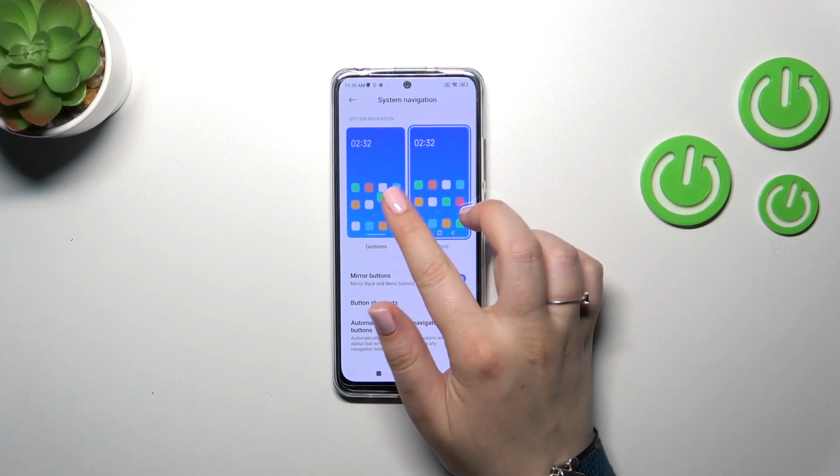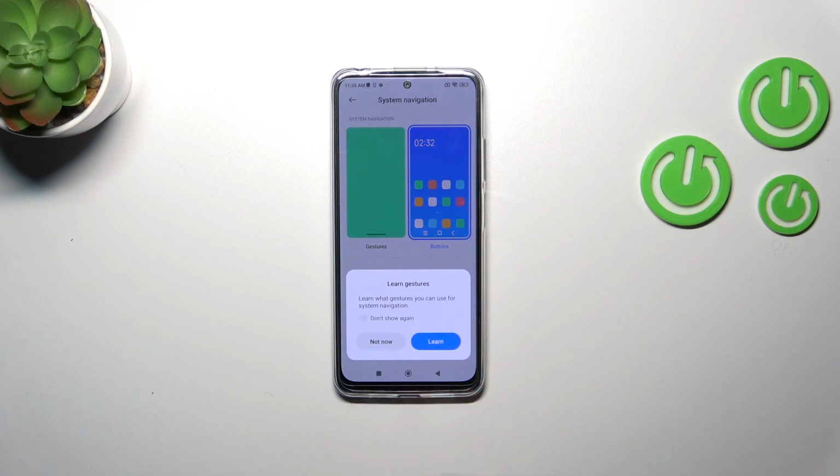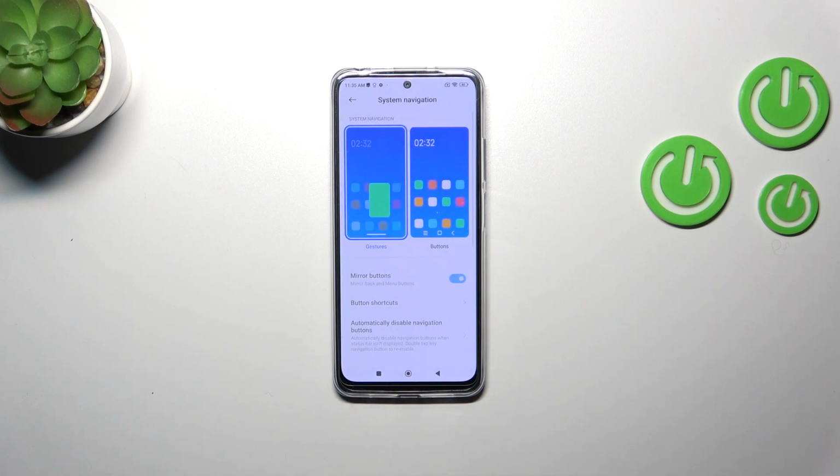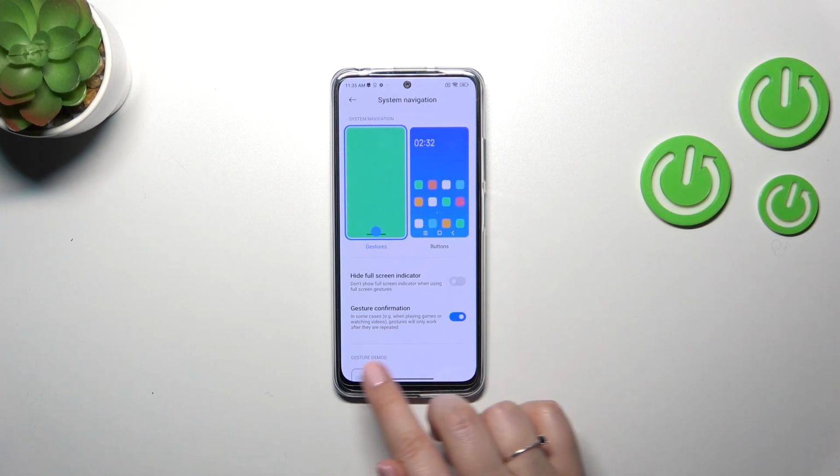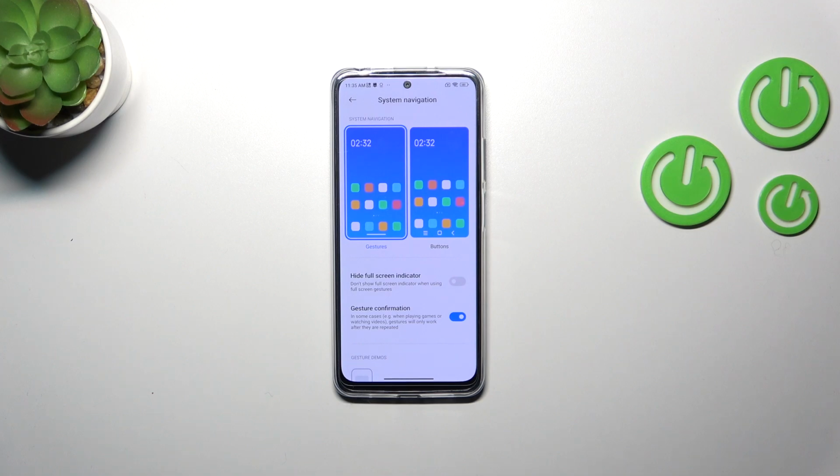Alright, so in order to set the gestures, we have to tap on this animation and your device will immediately ask you if you want to go through the tutorial and to learn the gestures. Of course, if you want to, you can do it. However, I don't want to because first of all, I already know how to use the gestures, and also I'll show you later on how to use them, how to navigate. Alright, and basically immediately, instead of the buttons, we've got this line which will be responsible for particular gestures, for